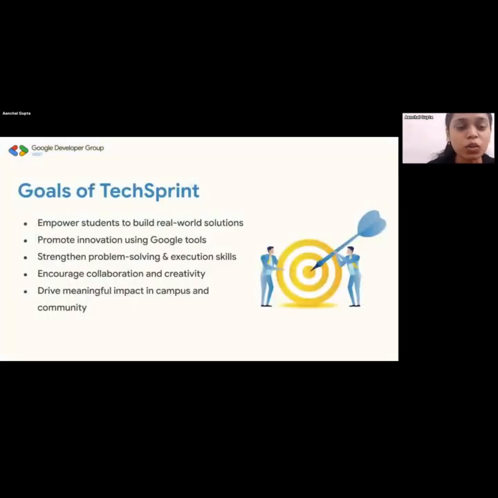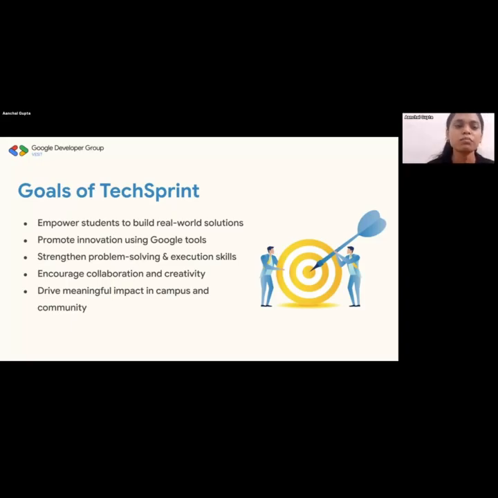So what are the different goals? Empowering students, promoting Google tools, and obviously, since you're building solutions, you will be implementing problem solving skills. And there's also one very important thing, which is driving meaningful impact in the community. If you guys are aware, earlier we used to have something called Solutions Challenge by Google.